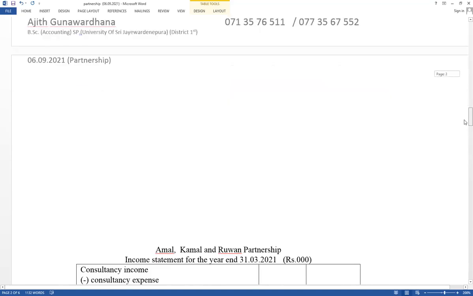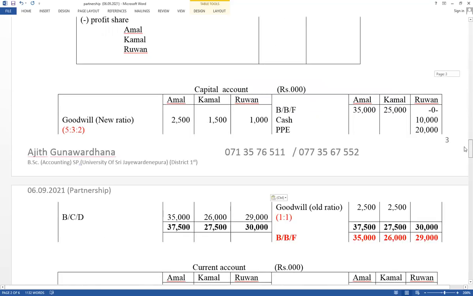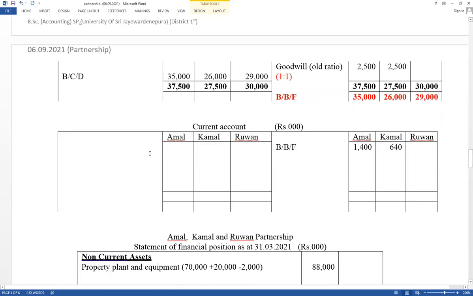Owner's private expense paid in cash of the business. Therefore, Kamal current account debit side 100,000 as a housing loan installment. That value should be considered as drawings based on the entity concept. Owner's private expense cannot be paid by the business. If it has been paid in cash of the business, it should be considered as drawings. Next one.